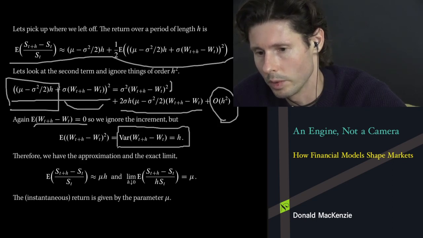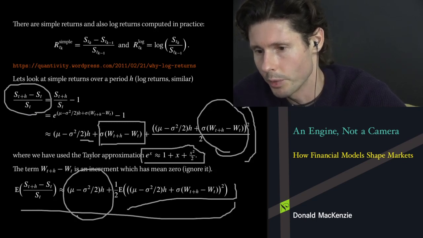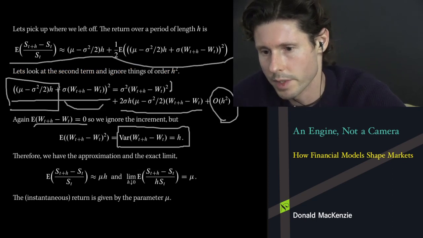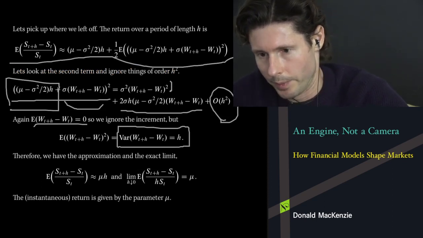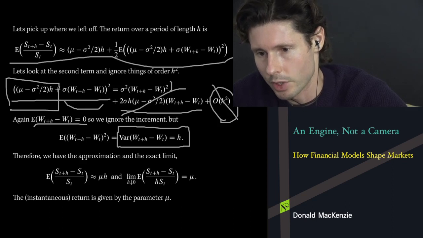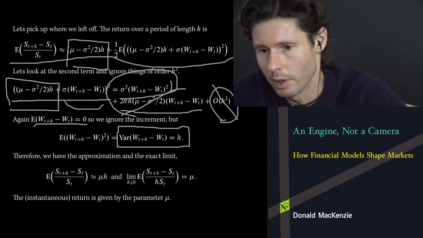And so we were wise in keeping the Taylor expansion on this slide up to the second order. In other words, the second order Taylor expansion is needed to capture all of the terms that are of size h. So what do we get? We get rid of the cross term, we get rid of the term that's of order h squared, and now it's just a matter of adding the contribution of the Brownian increment squared and this linear part of the formula.